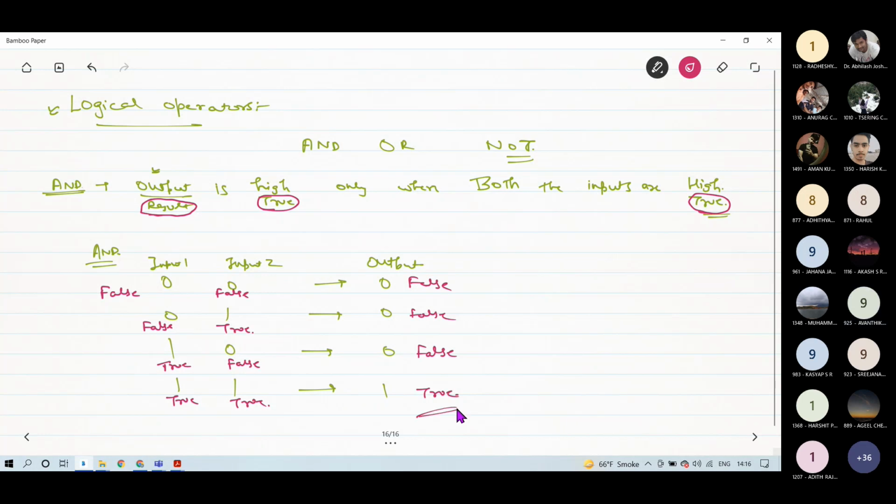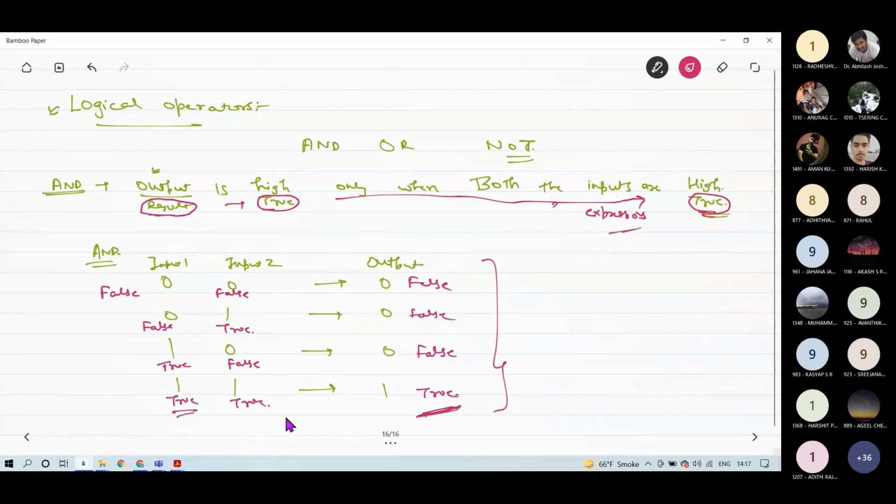This truth table reveals that the result will be true only when both the expressions are true.